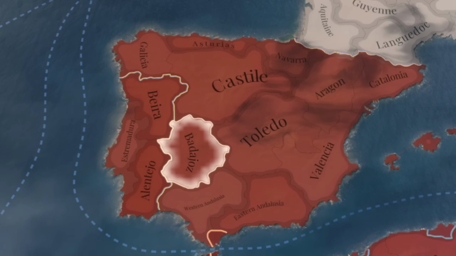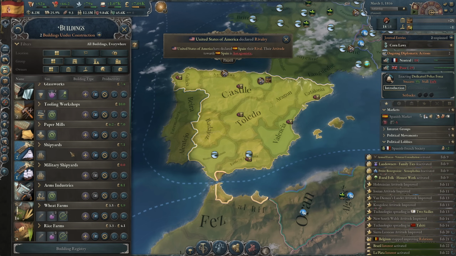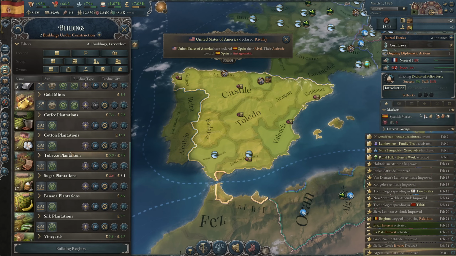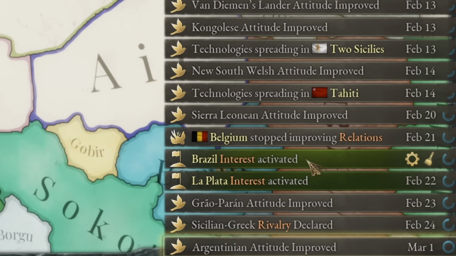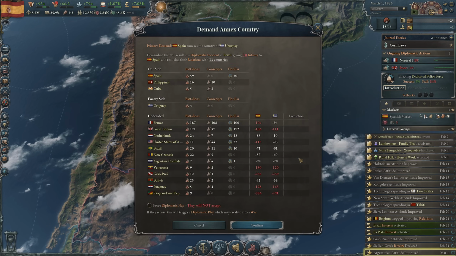Because right now, it's really terrible. Usually, it's also a good idea to go in and change production methods, but I can see that in the current version of Victoria, this has been tweaked, and at the start of the game, it's generally better not to change anything, only later, once new techs are discovered. Finally, I've established spheres of influence in Brazil and La Plata, so I immediately start a war to annex that